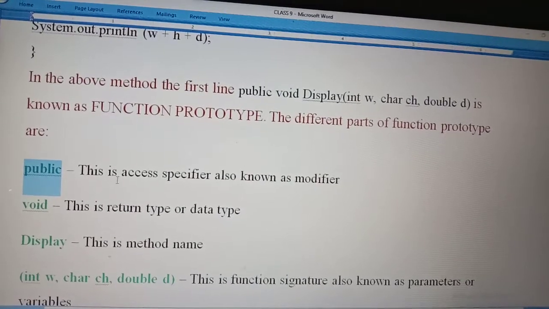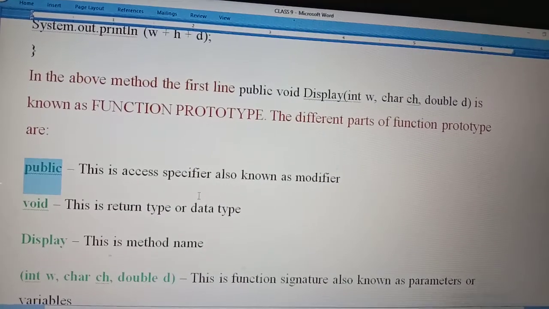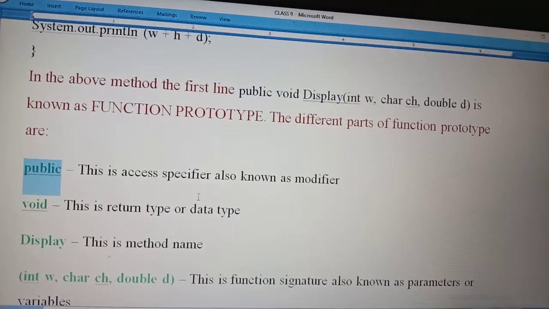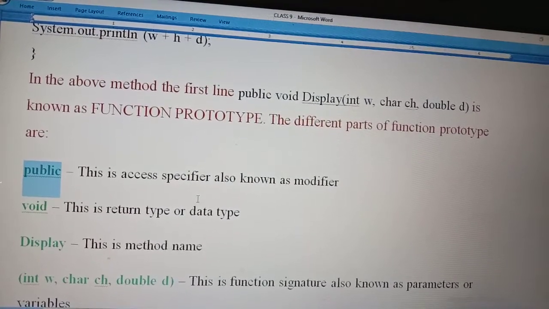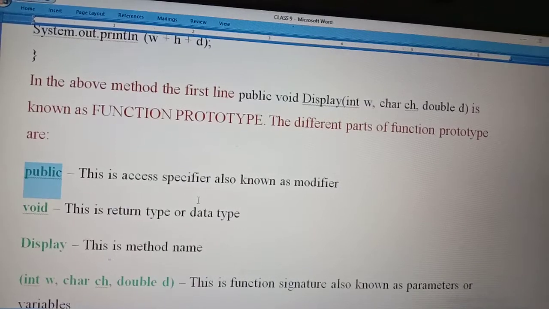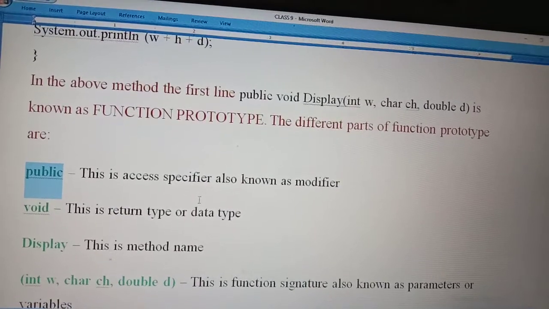This is the access specifier. It is also known as a modifier. There are 3 types of access specifiers. Number 1 is public, number 2 is private, and number 3 is protected.